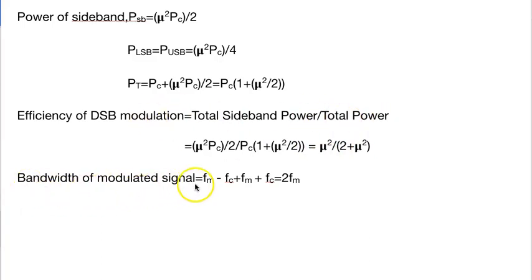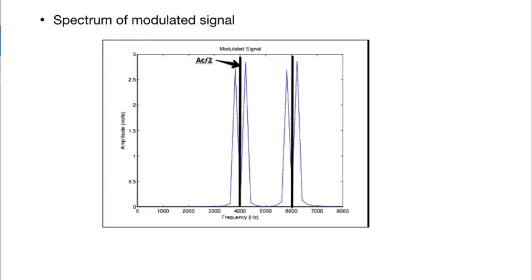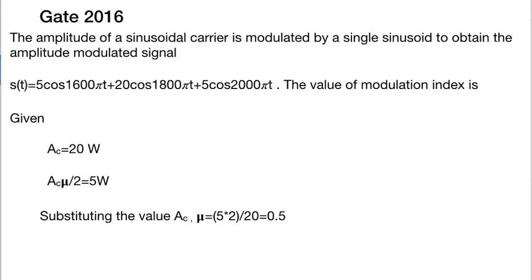The bandwidth of the modulated signal will be 2 FM. Though it has been modulated to a high carrier frequency, still the bandwidth will remain the same. This is a representation of a double sideband. Now again, going with a second